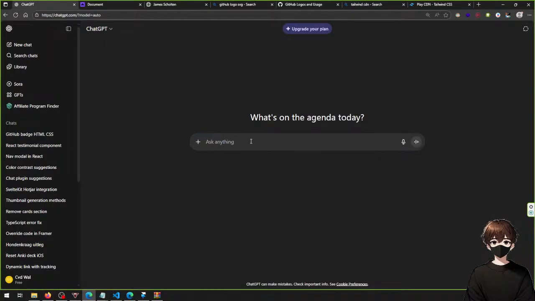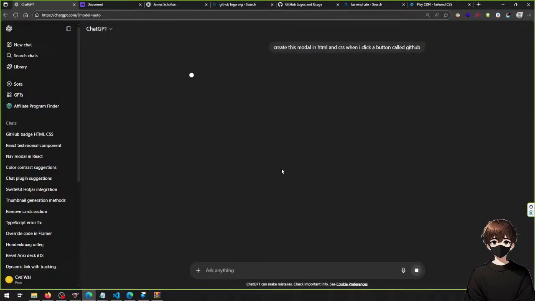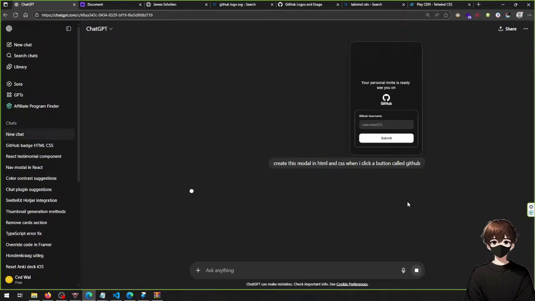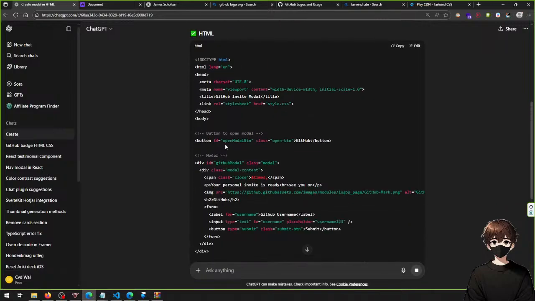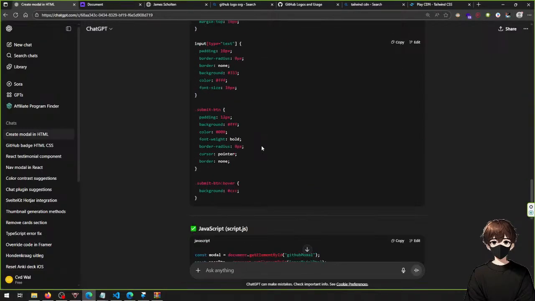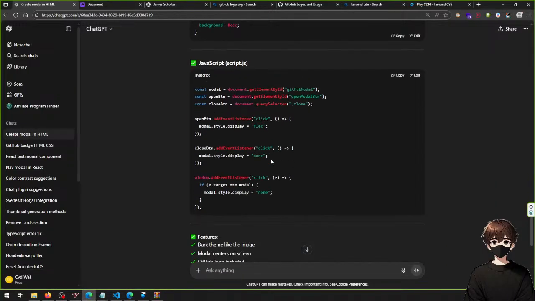Okay, let's remove this one and let's say, so create this modal in HTML and CSS when I click a button called GitHub. An ID. Okay,